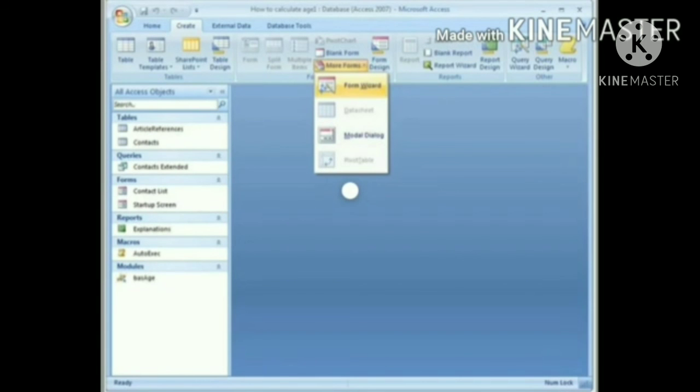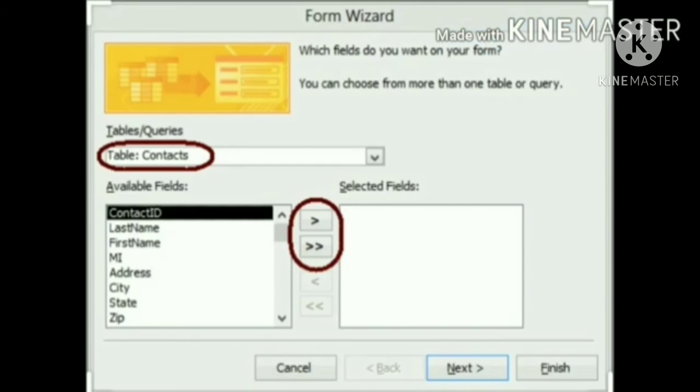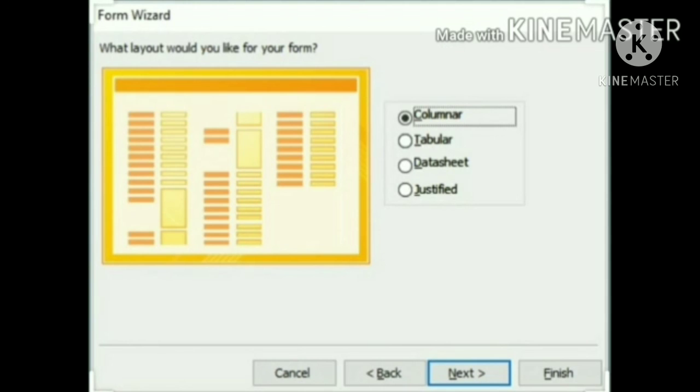Use of form wizard. Steps to use form wizard are as follows. First, select form wizard from the Forms group of the Create tab. On doing so, the following screen is displayed. Second, from the dialog box that opens up, select the field names from the fields given on the left side of the dialog box. The chosen fields will show up in the form. Now click on the Next button.